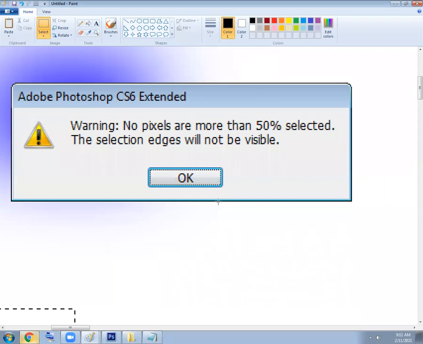Understood anything? If you select 100 pixels, you can give 50 feather only, less than 50 only. You cannot give 200 feather for a selected area which is 100 pixels. Okay. If you give too much feather, the selection edges will not be visible. Means,